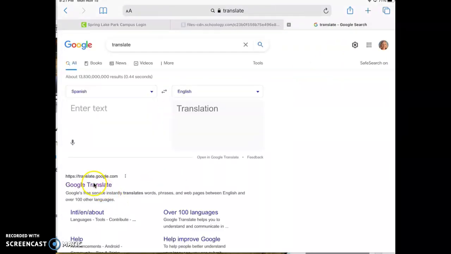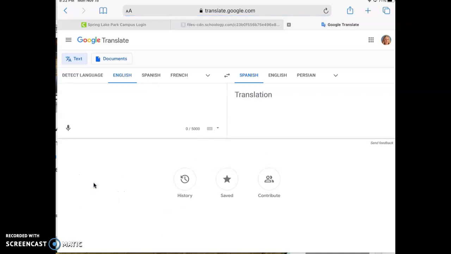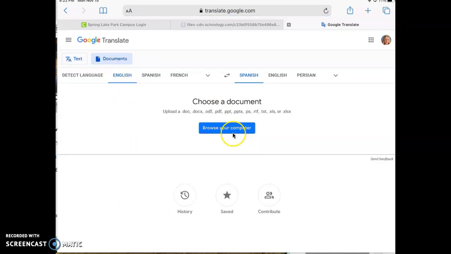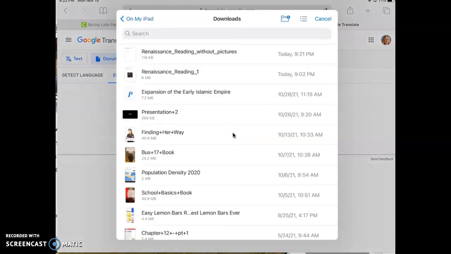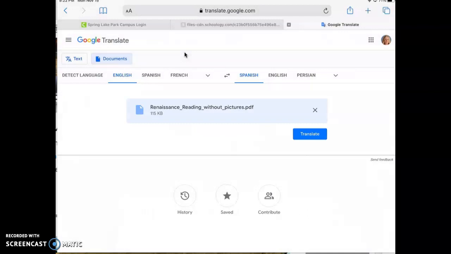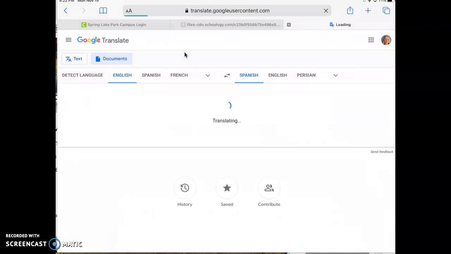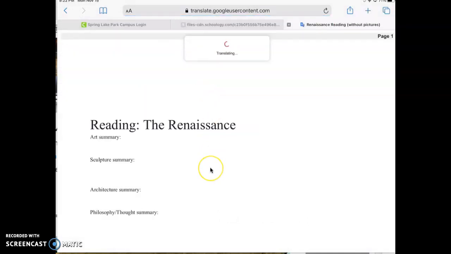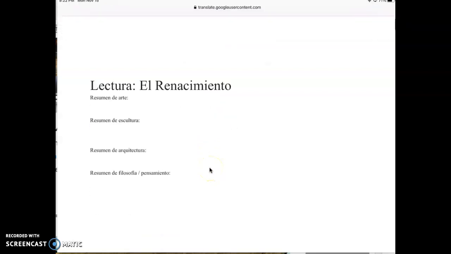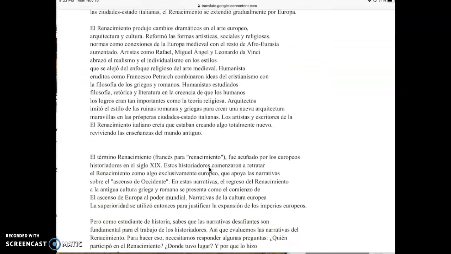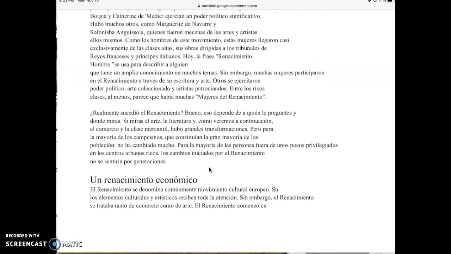And in order to do this, you do need to be in the full version. So you're going to click on Documents here, browse your computer, and click on Renaissance Reading Without Pictures. And then it will automatically translate it. And so it doesn't have the pictures in there, but you can get the text, which is what will take